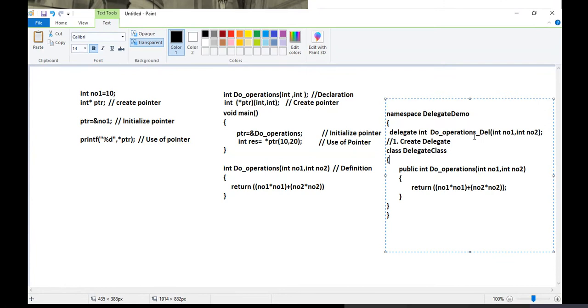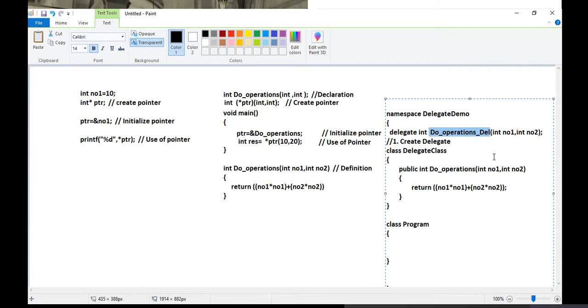Now what is the next step? The next step is to initialize this delegate, which in our terms means instantiation of delegate. Now you all know that when you want to perform any operations, you will have a separate class called program class. So let's take that class, class program, and inside the program class we will follow the two remaining steps. What is the second step? Instantiation of delegate. When you are doing instantiation, you need to tell for which method this delegate will be working.